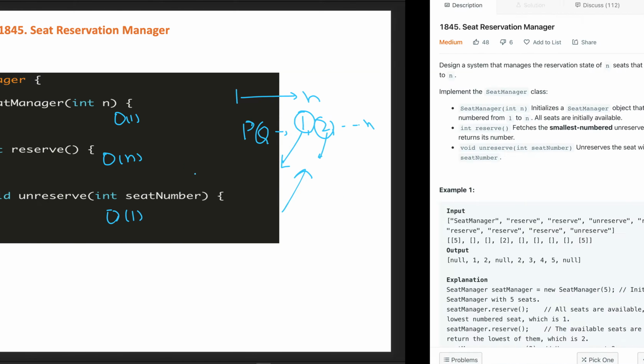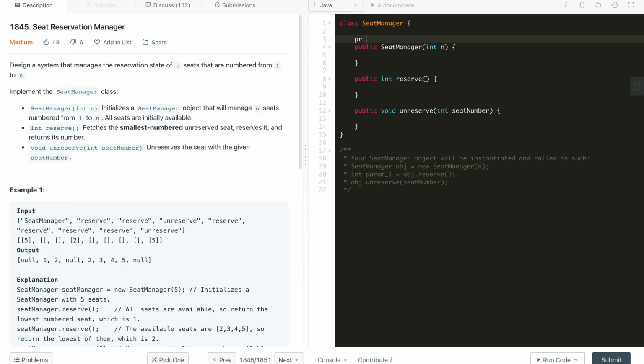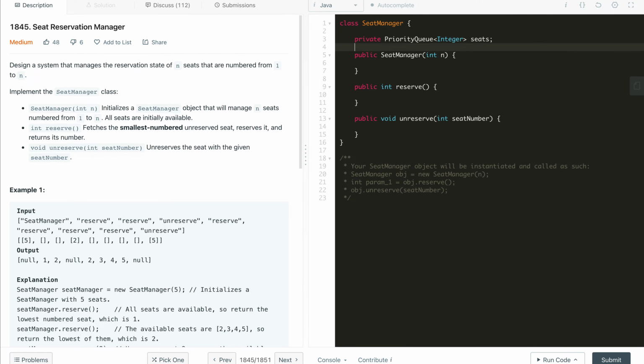So let us implement this code using the priority queue. The array one I am not implementing, as it is very straightforward. You can try to implement it yourself, and if you face any issues, you can let me know in the comment section. So let us say these are the seats, and now initialize the seats.